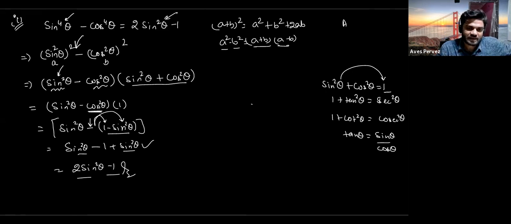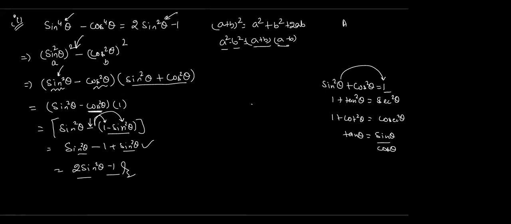The step 2 is, after converting this, in the second step we eliminate either cos theta or sin theta, whichever is not given in the question. So here it is sin square theta, we need only sin square theta, so there is no use of this cos, so we eliminate this cos and then we start. Okay, so the first type of problem, now you understood this type of problems or still having some doubt? No, sir, I understood.